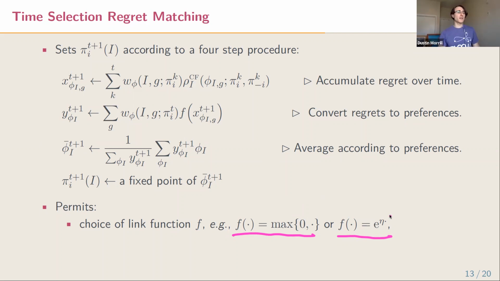Whereas this exponential function has a learning rate or temperature parameter that needs to be set according to different parameters of the game, or there are different dynamic learning rate schedules you can use. But all these things are slightly more complicated. And so for that reason, I didn't actually compare what the performance was like under different link functions. We do know that the regret bounds will be better under the exponential function if you tune that learning rate properly.